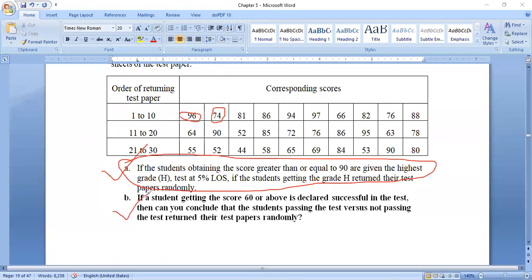Here is one more question. In this question, the number 60 is given, and with it we need to compare. For numbers above 60 give A or B, or for those below 60 give A or B; that is up to you. So these are the two questions; try to practice. This is about the large sample sign test.